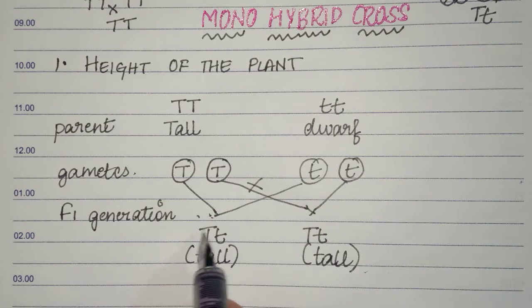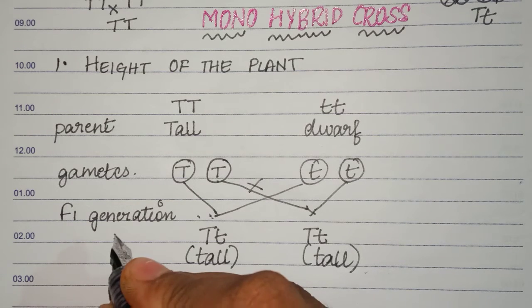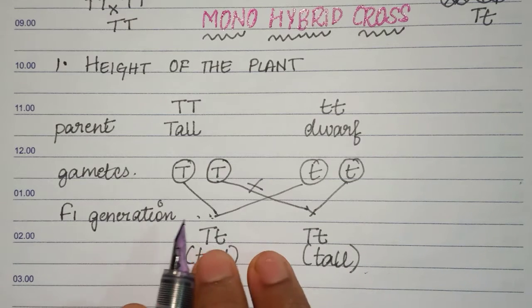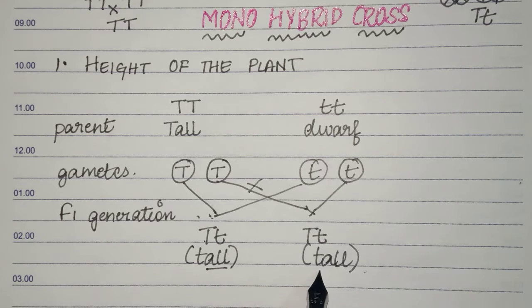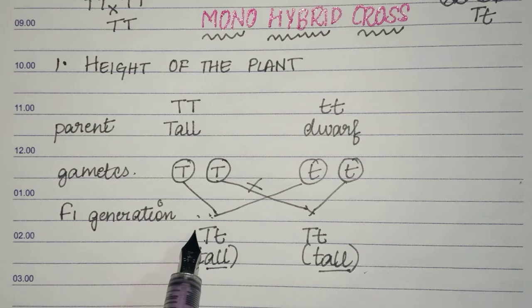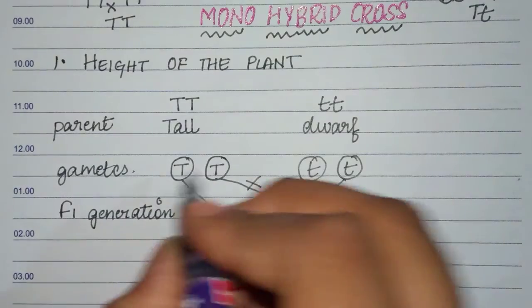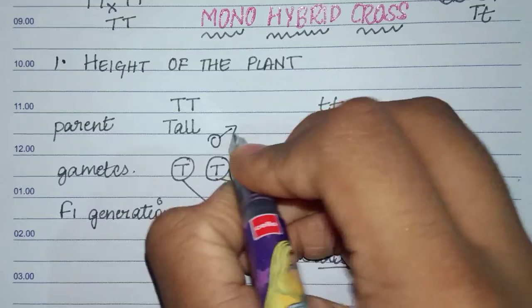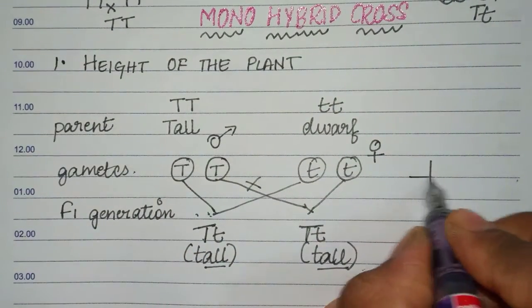Here the dominant trait is expressed in the F1 generation. If you ask what is meant by a dominant trait, it is any character which is expressed in the first generation. What is the dominant trait here? Absolutely, tallness is the dominant trait. As I told you, you can also do this using a Punnett square. Let me take this as the male parent and this as the female parent. So you can just use a Punnett square. How will you draw it?